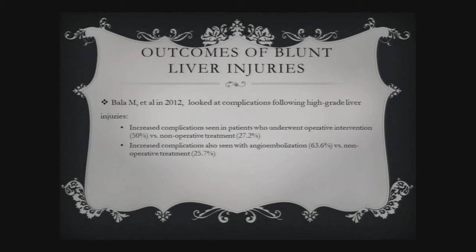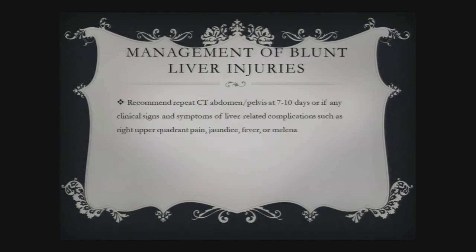And then this study in 2012, they looked at complications following high-grade liver injuries, high-grade meaning 3, 4, and 5. They found increased complications seen in patients who had operative intervention, as well as patients who got angioembolization versus non-operative management. In managing this, it's recommended to get a repeat CT scan at 7 to 10 days, or if there's any clinical signs and symptoms of